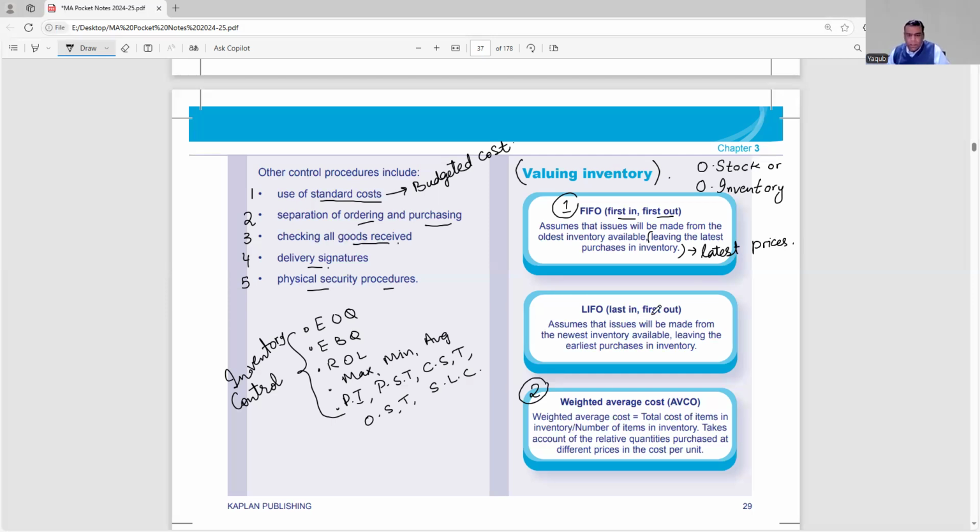Next one is last in, first out. Last in, first out means all those units which we purchased now or in the recent past will be issued first. So we are issuing what? We are issuing our newest inventory first, and then we will issue the earliest inventory or earliest purchases. Basically, we are doing what? We are following